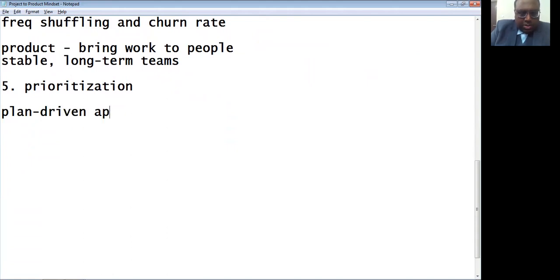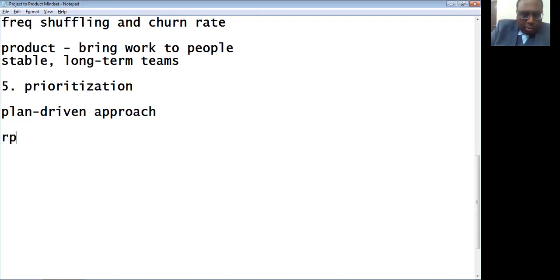a plan-driven approach, right? You have a plan, you have a sequence of activities which has been created in beautiful Gantt charts, and then you put a predecessor, successor, then you do some resource leveling, all these things which we have seen in the traditional model, where completion of tasks is the success criteria for a project. So now what happens in prioritization is that the ability to handle a requirement change is very low, because it is a plan driven approach.